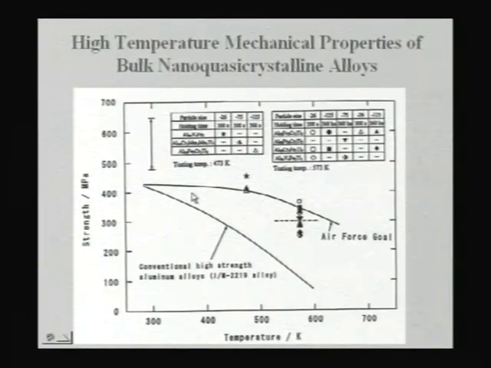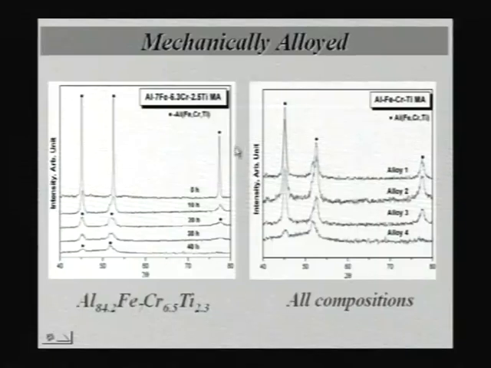So people have been able to achieve these goals of very high strength at high temperatures by making these nano quasicrystalline alloys. One can also make these by the ball milling route, and these are some examples of that. For example, if you take an aluminum, iron, chromium, titanium alloy, some particular composition, and go through the mechanical alloying route, what you ultimately end up with is a solid solution, because all these alloying elements will dissolve into aluminum when you start with these elemental blends. That means you take pure metals, mix them together, put them in a ball mill and continue ball milling. After some time, all these alloying elements dissolve.